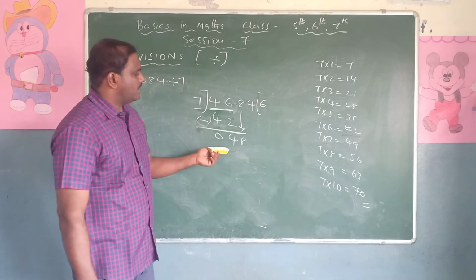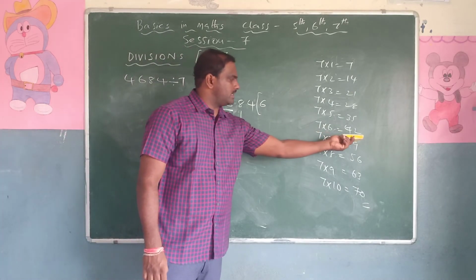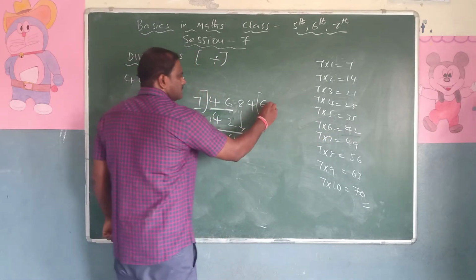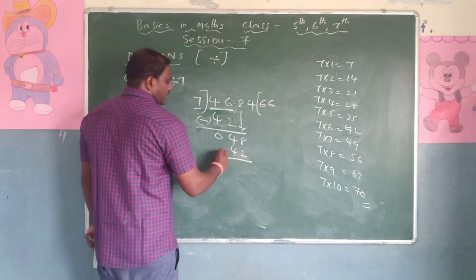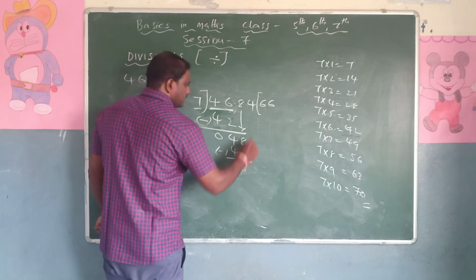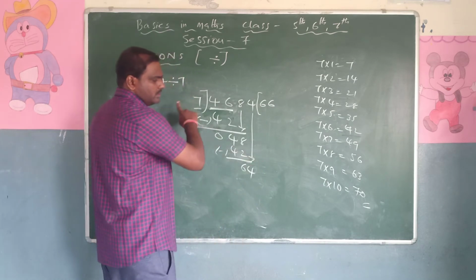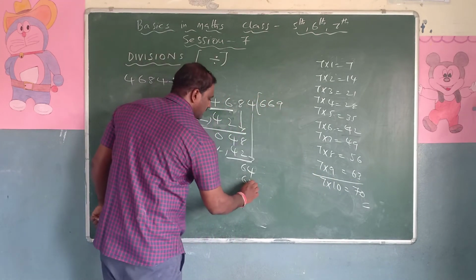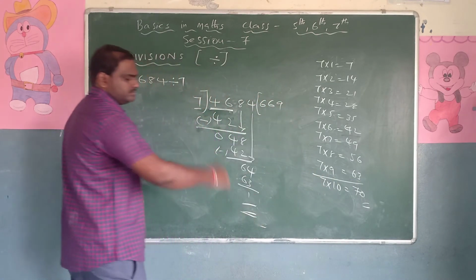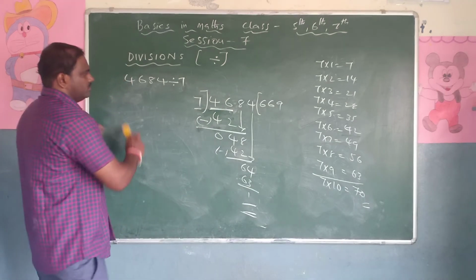Borrow. Now how many times? 7 48. Same, which is the number? Again I have to go for 6 only. So how much was it? 42. So again subtraction. 8 minus 2 is 6, and it is 4. So how many times? 7 nines are 63. So the remainder is 1. This is the way to do it, right?